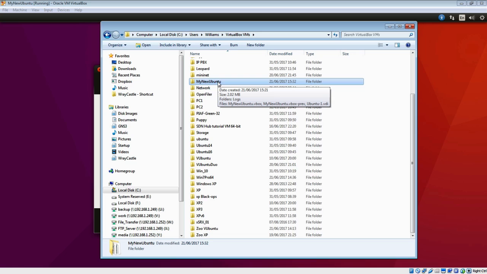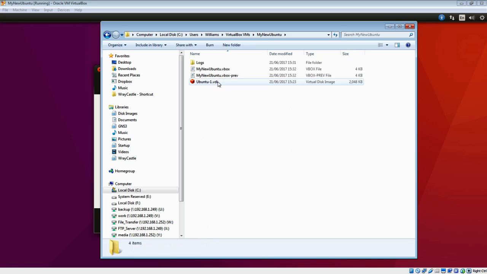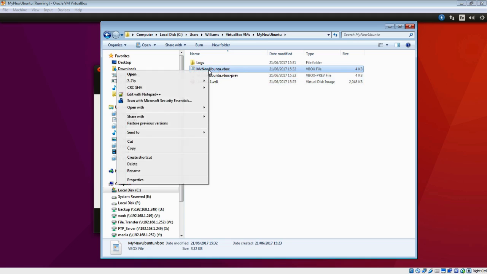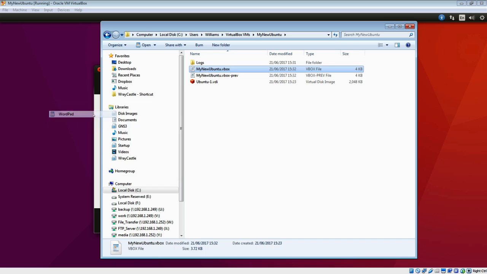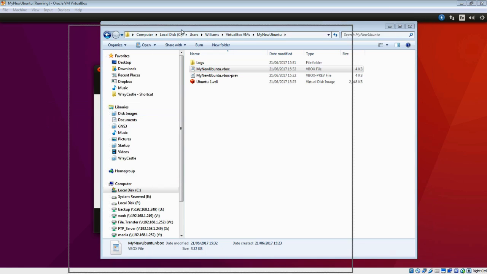Each one of these folders represents a VM. So if I click into this, I can see the VDI. This is the actual hard disk space, if you like, for my VM, because it's all virtualized. There's a configuration file here and a backup of that configuration file. That's the backup, that's the one I'm interested in. If I open that with WordPad,